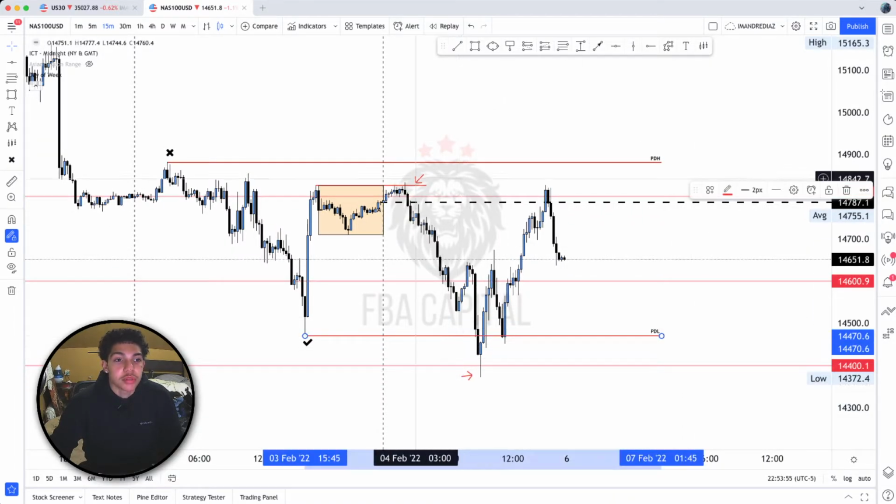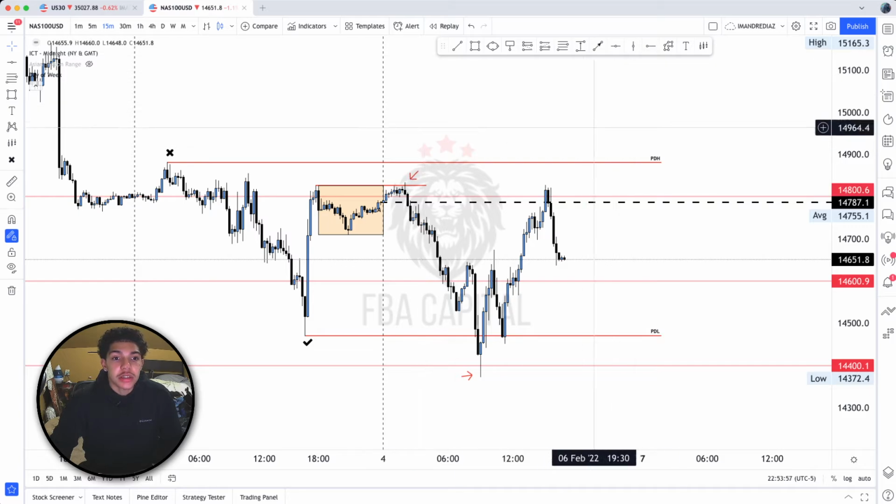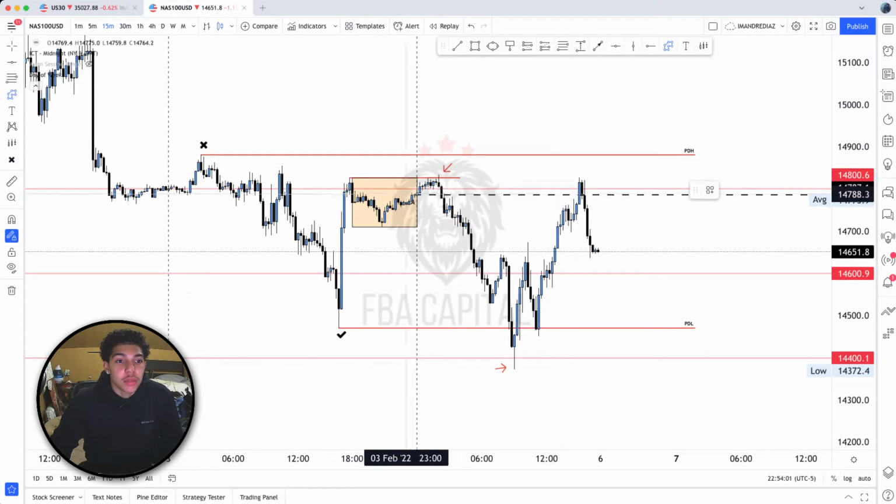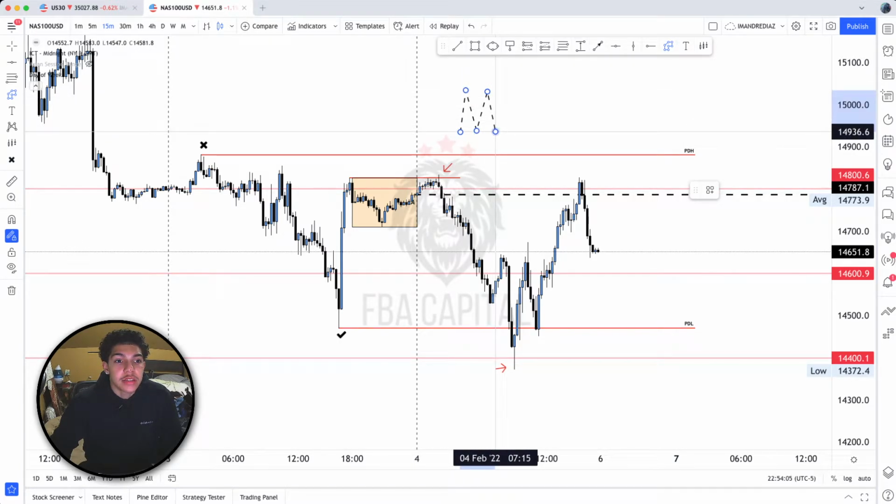So now we're going to get these annotations so we can understand overall what happened. From when the market opened during the Asian session, price came up, cleared the Asian session high right here, came all the way back lower, clearing the previous day's low and the Asian session low, and then slowly made its way higher the rest of the day, but ended up closing within that range.